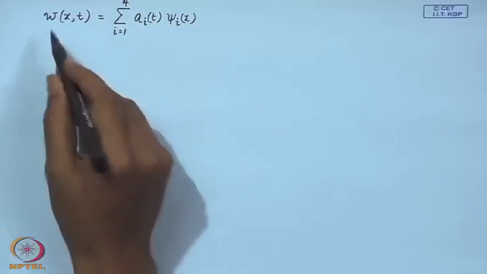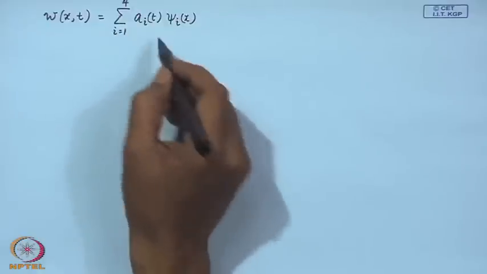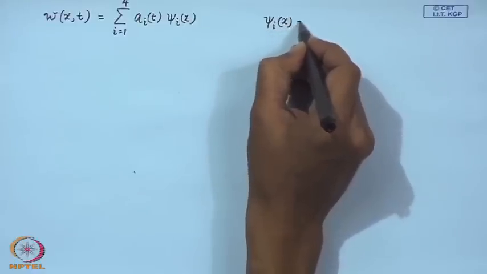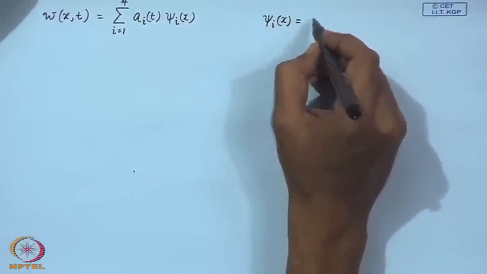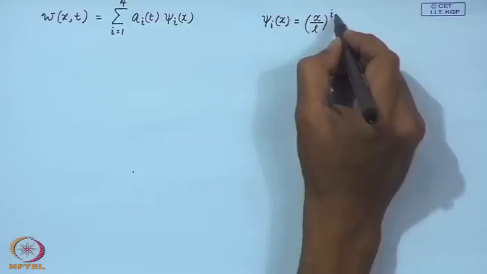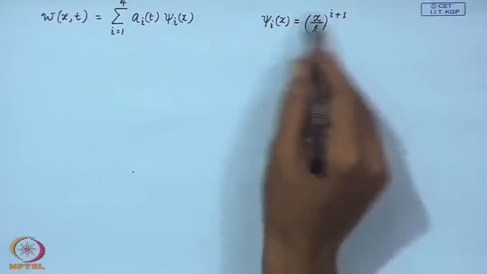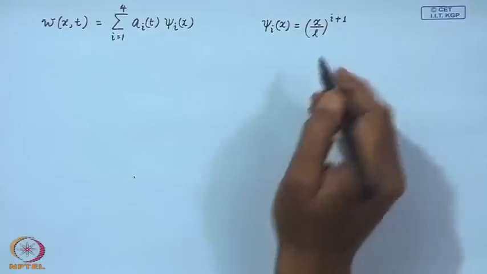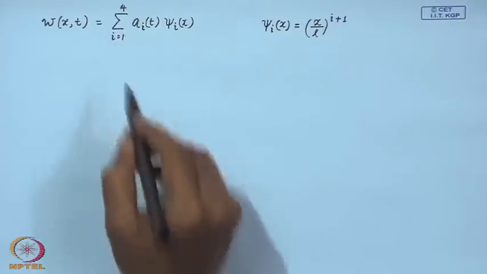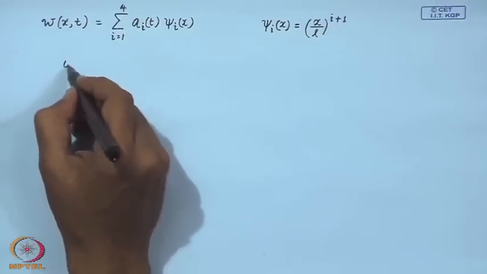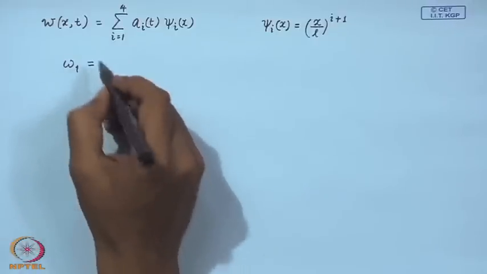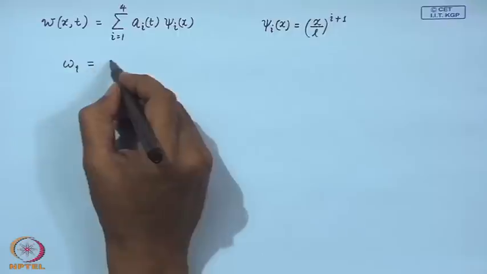So, in the second example I have considered 4 terms in the expansion, and I have taken the admissible functions in this form. So, psi 1 is the square of x over L. So, I have gone up to 4 terms in this expansion, and when I calculate following the procedure that we just discussed, if you calculate these eigen frequencies, this turns out to be